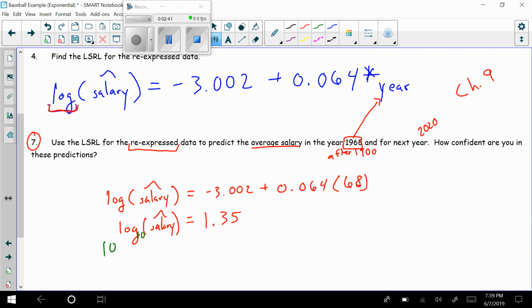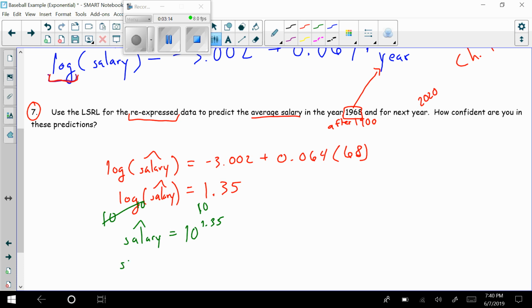So to get rid of that, I raise 10 to the power of both sides, which cancels out the log, and I get the predicted salary equal to 10 to the 1.35 power. Again, just a simple calculator problem there, and I get this to end up being the predicted salary, for 1968, is equal to